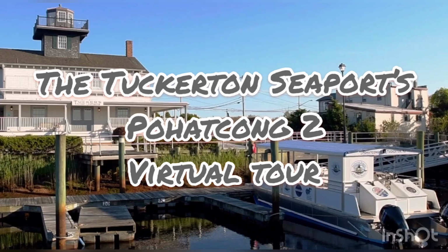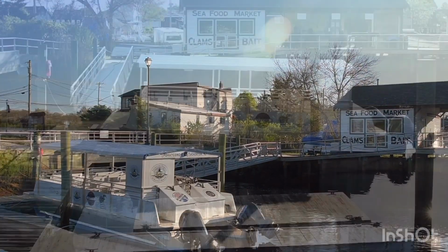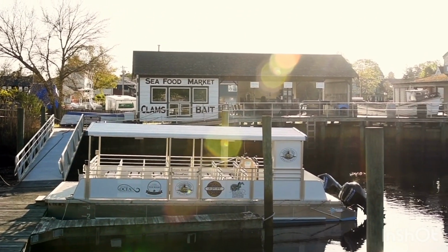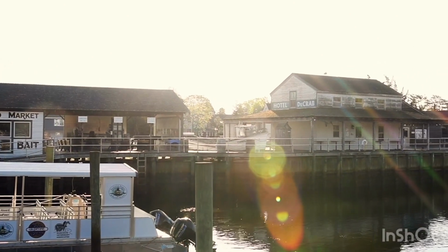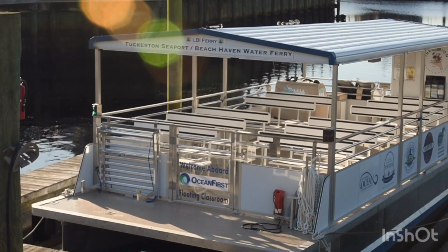Hi everyone, and welcome aboard the Tuckerton Seaport's Pohat 2. This boat is also the Ocean First Foundation Floating Classroom, which is a non-traditional classroom that explores New Jersey's coastal culture. While traveling down the Tuckerton Creek, we will be exploring three large themes: folk art, history, and the environment